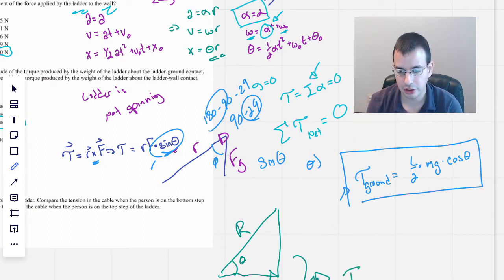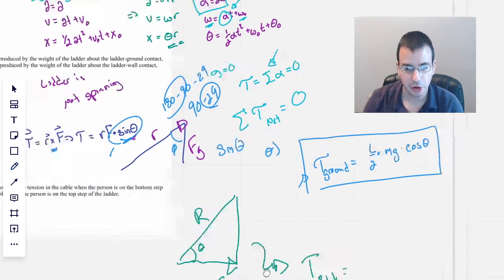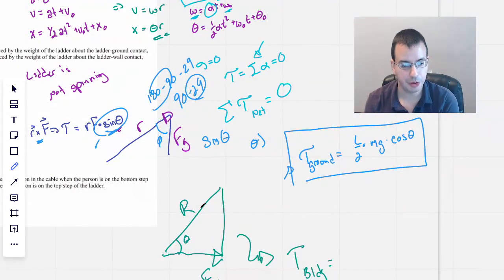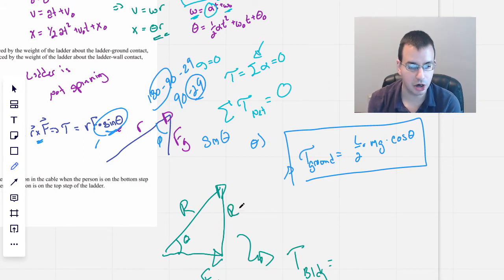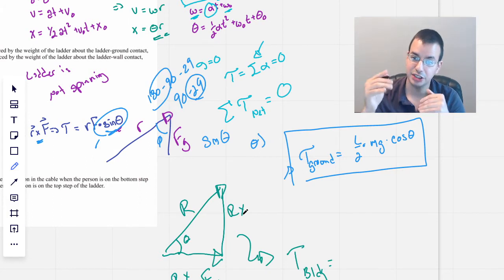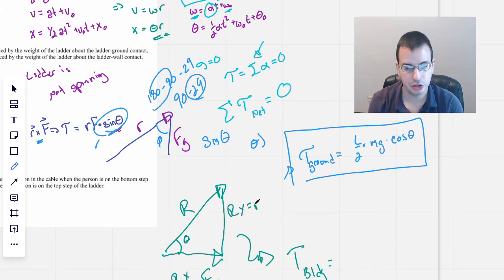So torque building, BLDG, that seems reasonable, will be, so we'll break this up into components. This will be Ry, this will be Rx. Ry will be the portion that's perpendicular to the tension, so that will be sine theta. So this will be L over 2, which is R, times sine of theta,